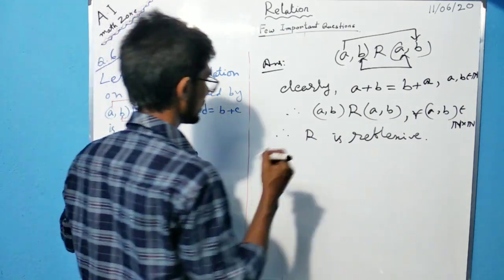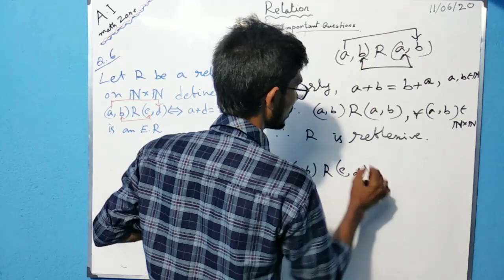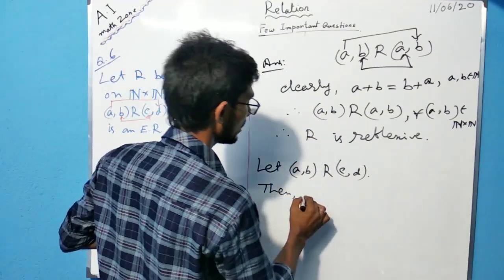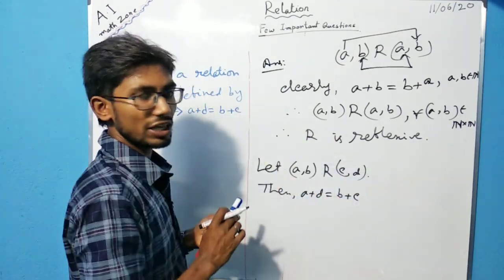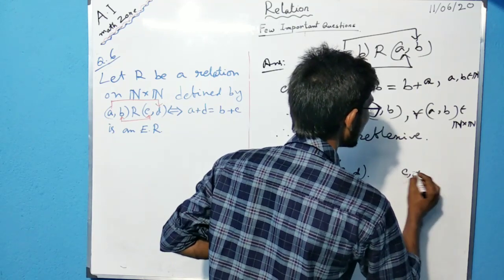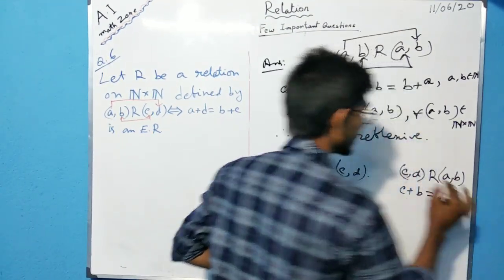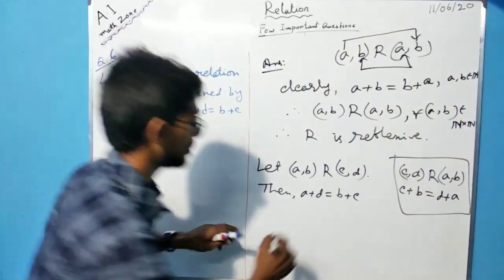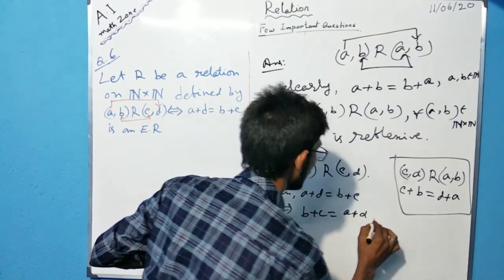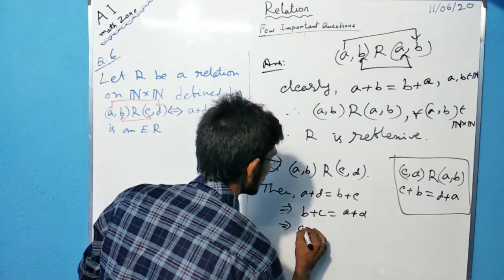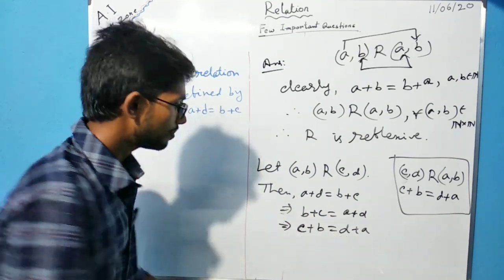R is symmetric, right। So let (a, b) be related to (c, d), this one, right। Then you can write here a plus d is equal to b plus c, right। So अब हम लोगों को क्या दिखाना है, (c, d) is related to (a, b)। अगर (c, d) is related to (a, b), then we have to show that c plus b is equal to d plus a, यही दिखाना है ना। You have to show this one, right। And from this one you can write here, this implies that b plus c is equal to a plus d, implies that ये दोनों को तो हम alternate कर सकते हैं, implies that c plus b is equal to d plus a, क्योंकि addition of natural numbers is commutative,